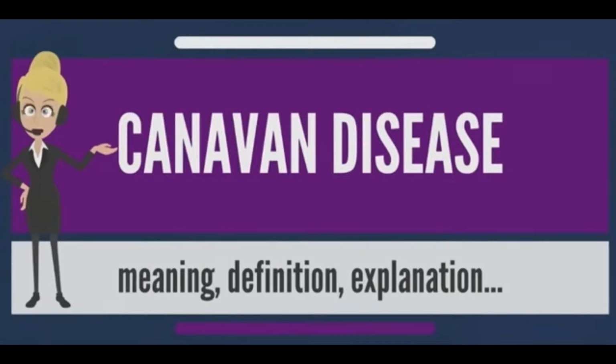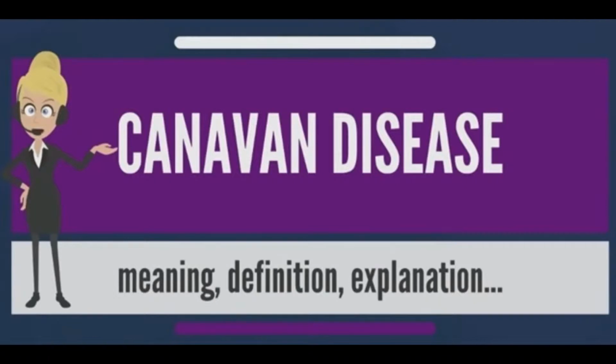Canavan disease is a rare inherited autosomal recessive neurodegenerative disorder caused by inactivation of the enzyme aspartoacylase due to mutations. This disease is caused by an inherited genetic abnormality due to the lack of an enzyme, causing deterioration of the white matter called myelin in the brain, thereby preventing the proper transmission of nerve signals.